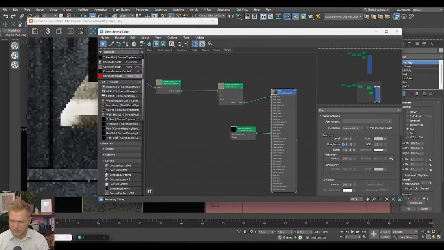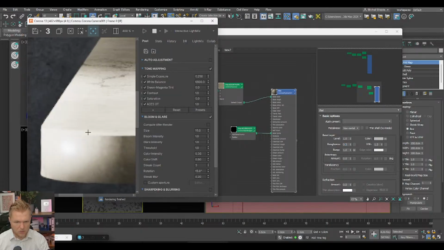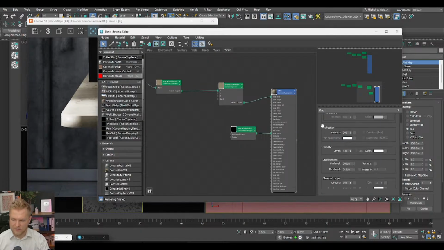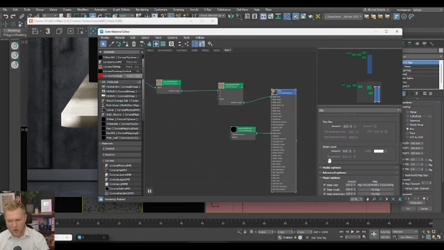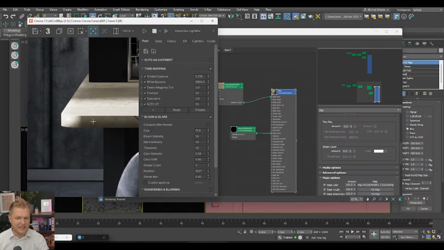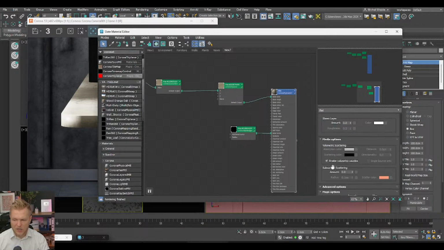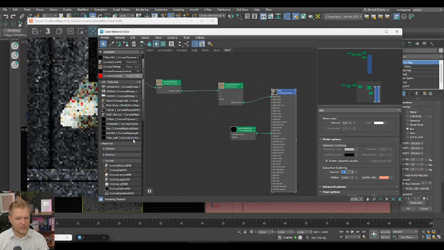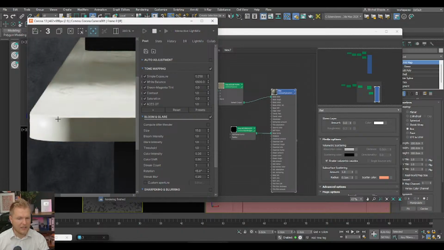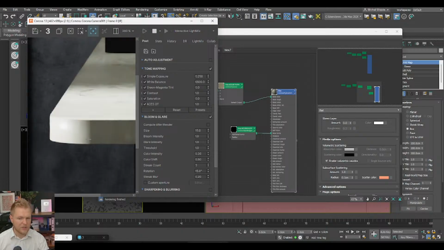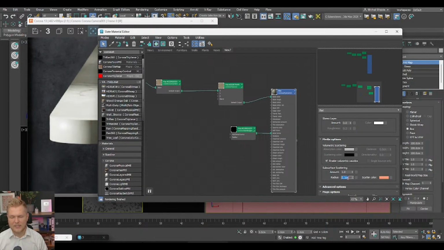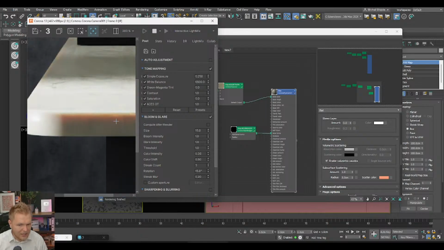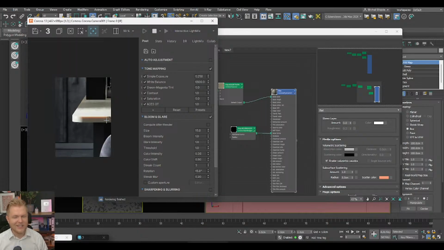Counter needs some reflection. I'm going to like that more. Perfect. Now, the thing that I want to do whenever I have any kind of marble is to deal with advanced options, media options, amount, subsurface scattering. We apply that a little bit, so the materials are going to just grab a small amount of light. Radius is set to 5 centimeters so that there's a little bit of that extra, and you can see